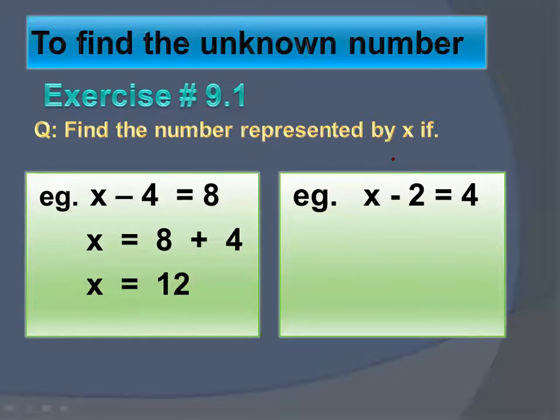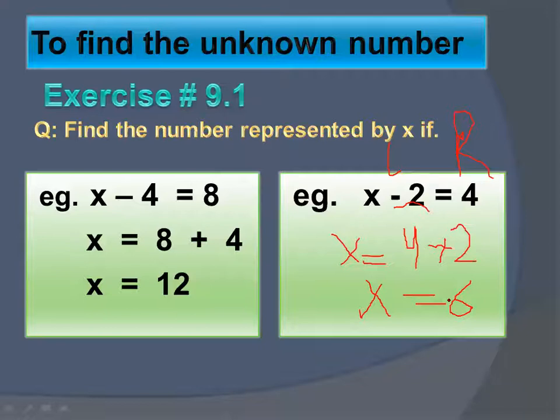Okay, so on the left side, and here you have the right side. On the left side, what you have is minus 2. So you will simply write x is equals to 4. Simply you will write 4. Here you have minus 2, so on the right side it will become plus 2. Simple. So 4 plus 2, what will it become? It will become 4 plus 2 is equals to 6.